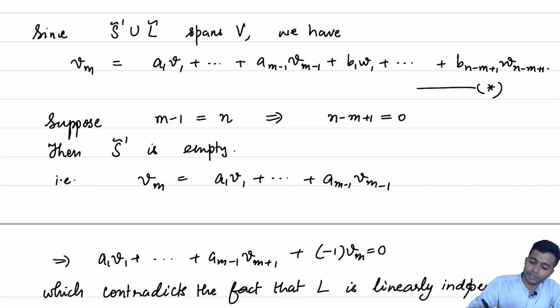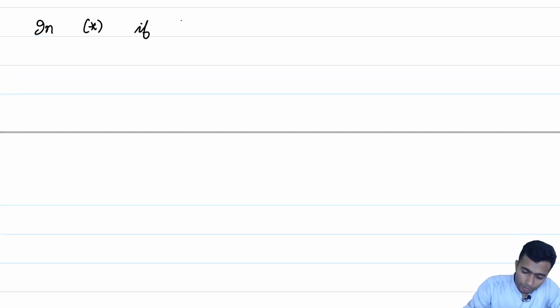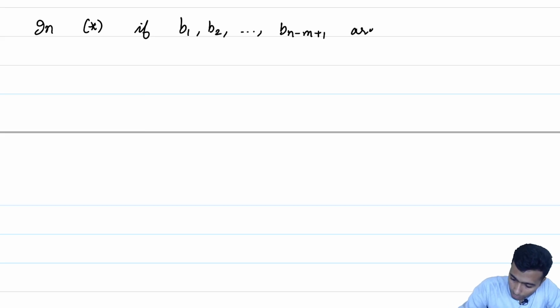The equation says that Vm is equal to a1 v1 plus a2 v2 up to am minus 1 vm minus 1 plus b1 w1 up to bn minus m plus 1 wn minus m plus 1. Now in this equation, my claim is that not all of b1, b2 up to bn minus m plus 1 are 0, because if all of them are 0, let me note it down: if b1, b2 up to bn minus m plus 1 are all 0,